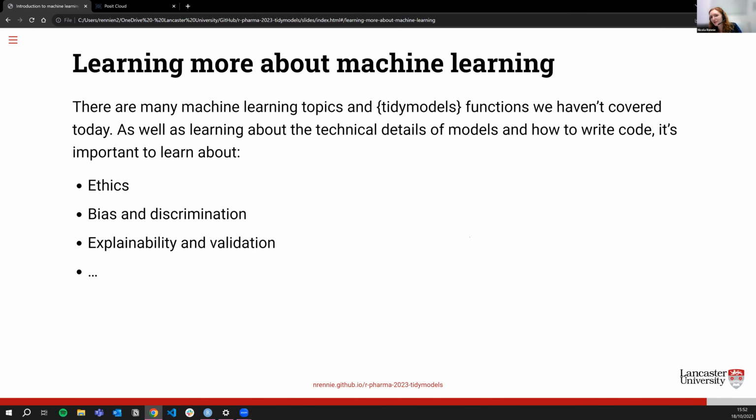When you're thinking about machine learning, learning about models and learning how to write code is great, but it's also important to think about things like ethics, bias and discrimination. We talked a little bit about imbalanced classes, and most machine learning models, in fact most statistical models, tend to try and predict the average, right? That's what they're for. So being aware of some of those things, and topics like explainability and validation